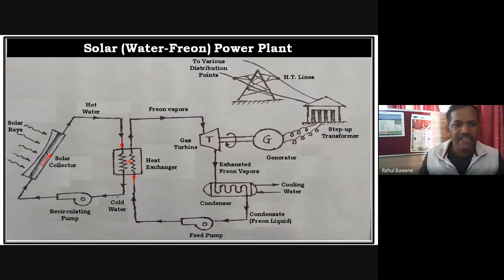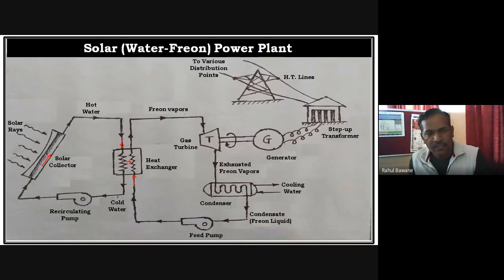Maintenance cost is very less. That is the advantage, because once you install all the solar panels and the whole setup, then on a regular basis you require only cleaning of panels. That is your maintenance work, or some kind of lubrication in the rotating parts. That is the only maintenance work. So maintenance cost is very less,